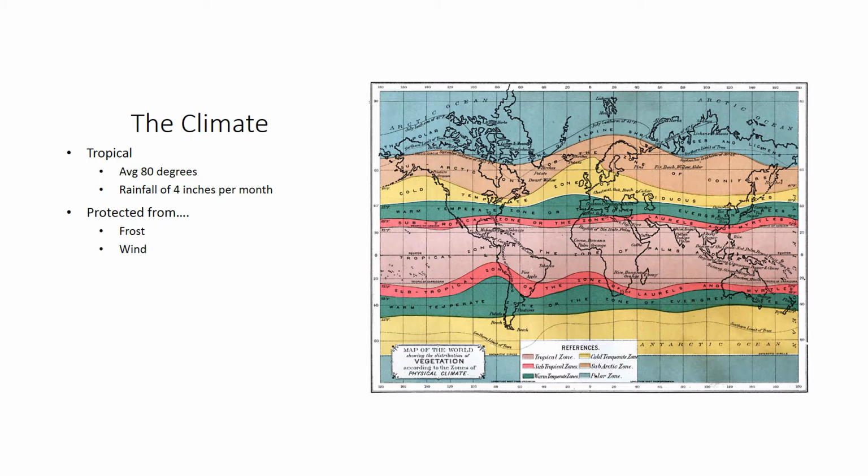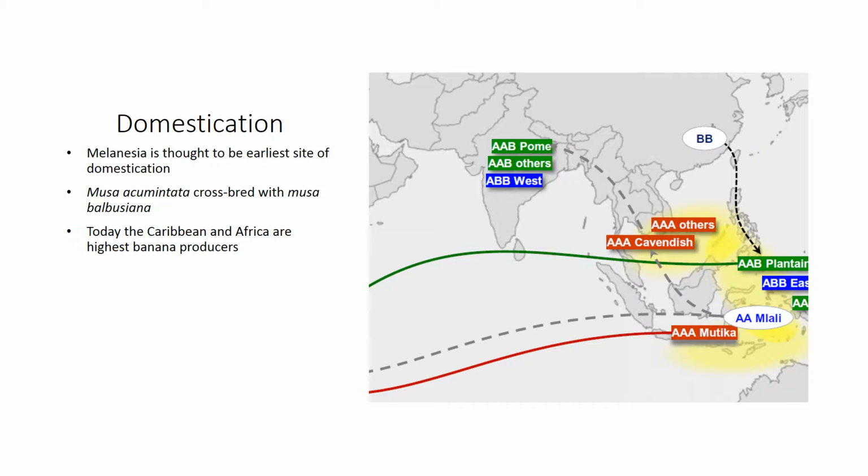A brief period of frost can kill the plant all the way down to the ground, leaving only the below ground structure intact. Lastly, the plant within this band also needs to be protected from wind. Strong winds can do everything from distorting the plant's position, blowing leaves off the plant, as well as collapsing the entire tree. So when you think about climate as we discussed it, where did banana start, and where did it end up, finding out that this is the most ideal situation?